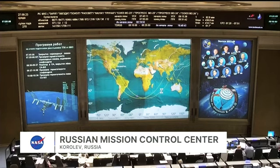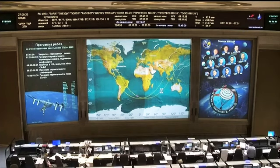Once the Soyuz begins to approach the landing site in Kazakhstan, voice and data will be relayed through an Antonov fixed-wing aircraft that will be flying in the vicinity of the landing site, operating as a relay station to provide data and voice capability back to those flight controllers you see in Korolyov. The Rosaviatsa search and recovery forces will be circling the landing zone in their respective Russian Mi-8 helicopters with the NASA personnel on board. And once the Soyuz touches down, they will land in sequential fashion near the spacecraft itself